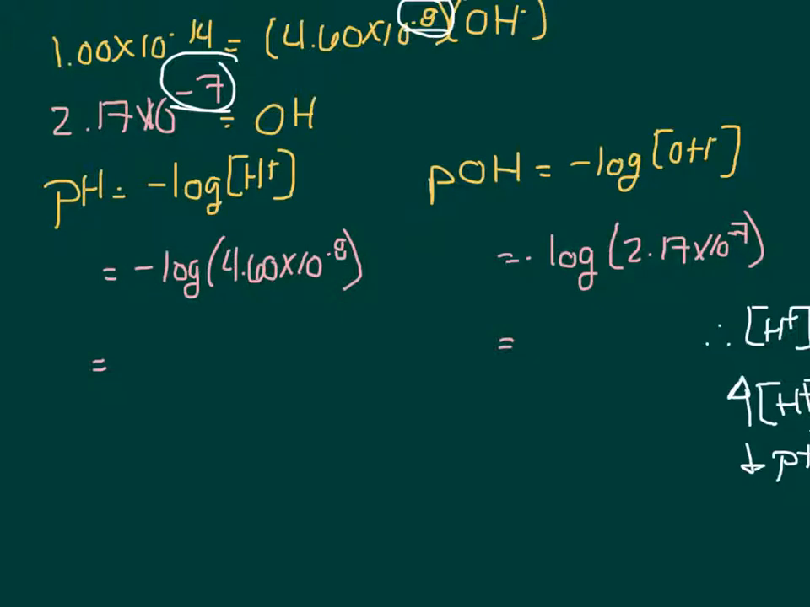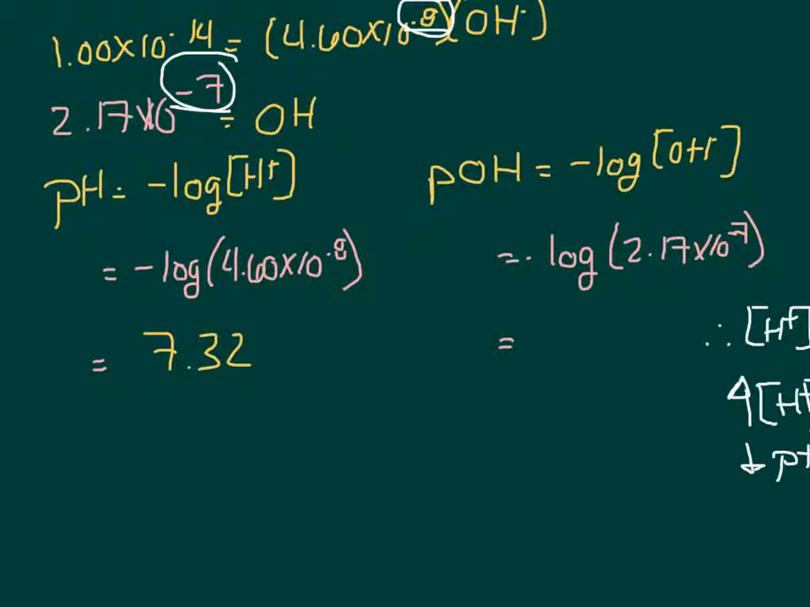Now, how do you actually determine the pHs of these? You can plug these into your calculator. Therefore, you can calculate your pH given these values. So if pH equals negative log of your hydrogen concentration, take that, negative log of 4.60 times 10 to the negative 8th into your calculator, and you will get